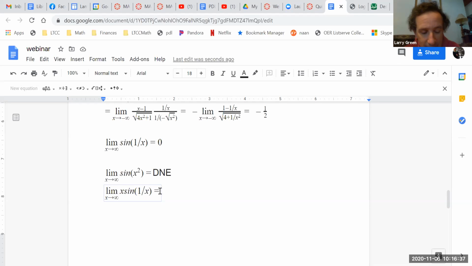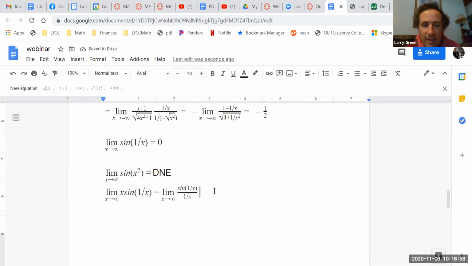So we're going to have a limit as x goes to infinity of the sine of 1 over x over 1 over x. Now the idea is, what does this become? The key is, if you let u equal 1 over x, then what this becomes